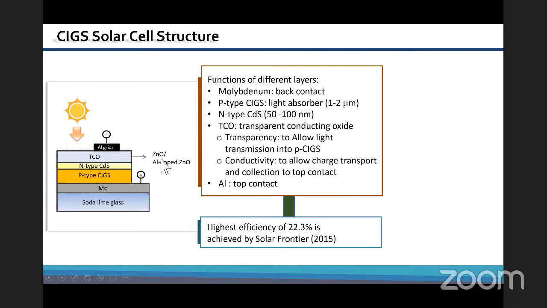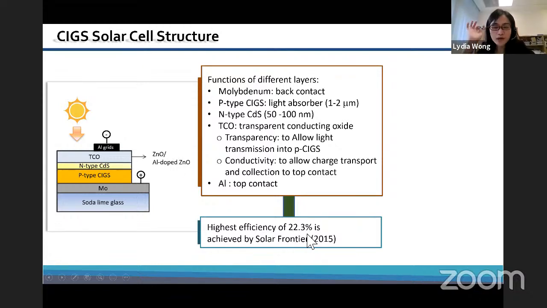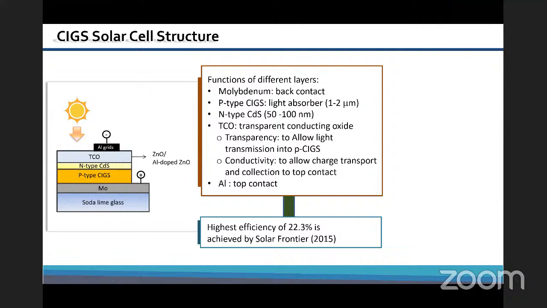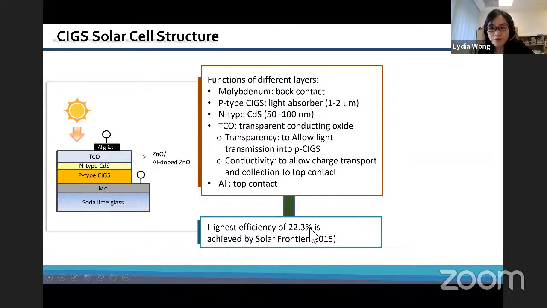All right. So the efficiency of this solar cell is also high, 22%. So this is also competitive with silicon. And the company which produced the highest efficiency and also manufactured this technology is Solar Frontier, a Japanese company. The problem is it is not easy to produce large numbers of CIGS because this involves 4 elements: copper, indium, gallium, sulfide. So to control the uniformity of these 4 elements on huge solar cell panels is problematic.